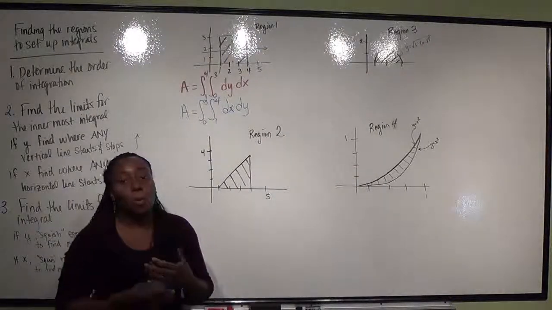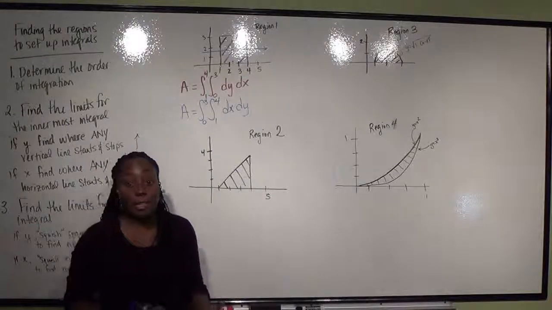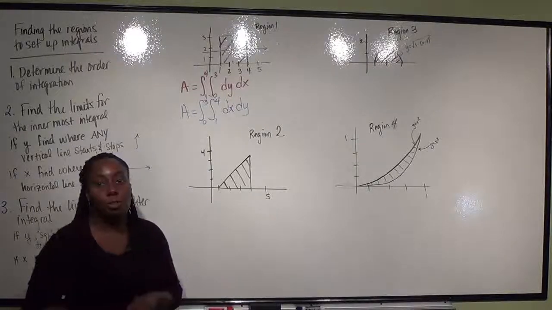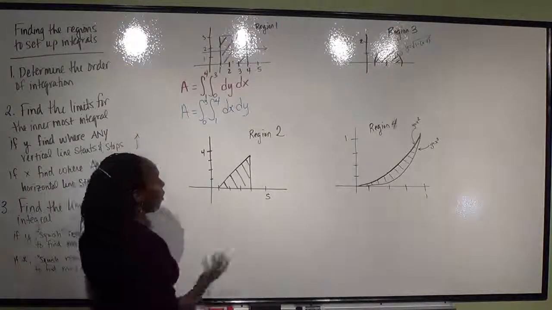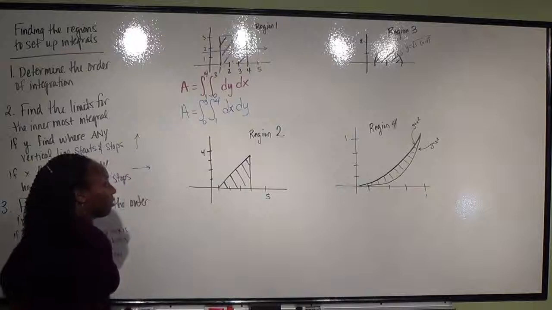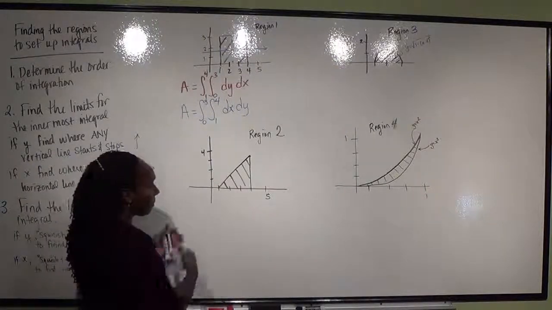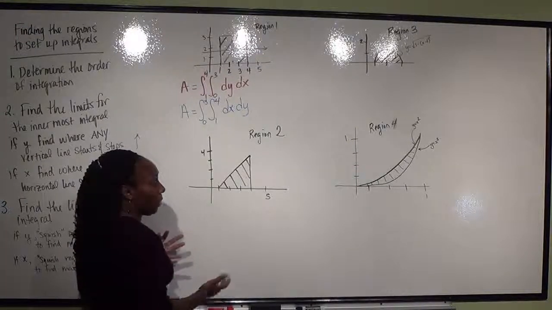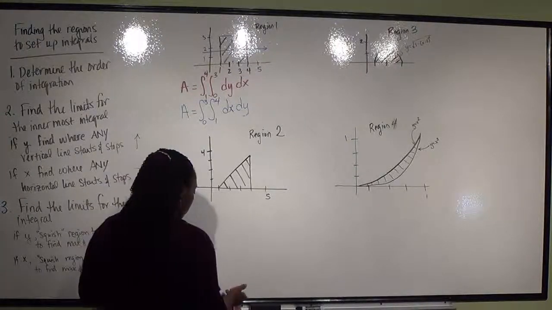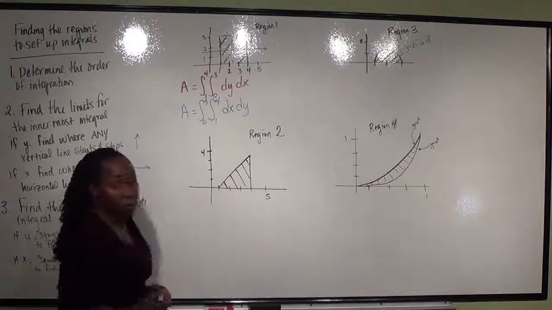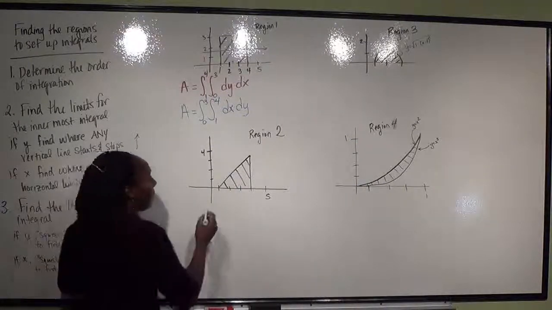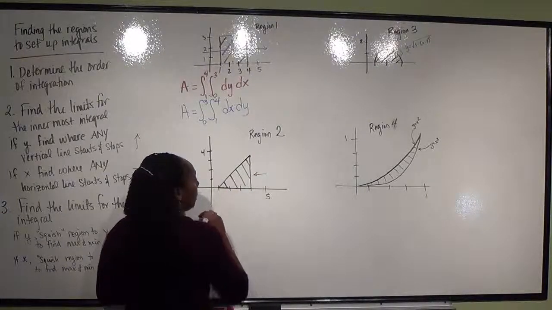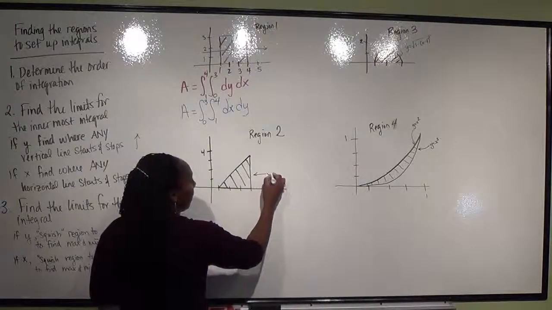Now again, once my region becomes non-rectangular, this doesn't work. Okay? So let's look at region 2 that I have here. So region 2 is another nice geometric figure. This is our triangle. And so in this case, again, I want to start by figuring out which way I'm going to integrate. And to do that, I'm going to start by figuring out what my equations for these lines are. Okay? And so the first thing I notice is that this line here is just the line x equals